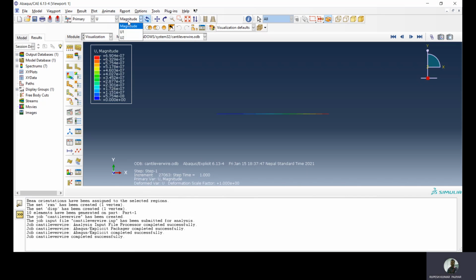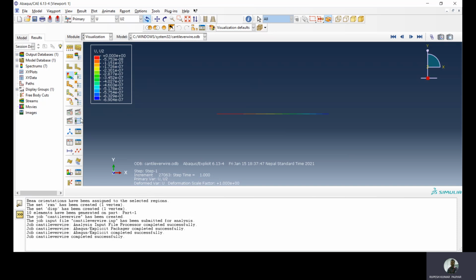The result is U2. The maximum displacement is 6.9 times 10 to the power -7 meter. And if we see by the Timoshenko beam theory, this is the formula. Our dimensions provided are as follows: length 2 meter, width, and depth. While calculating manually we are getting this, and from the software 6.8 times 10 to the minus 7. Almost we're getting the same.